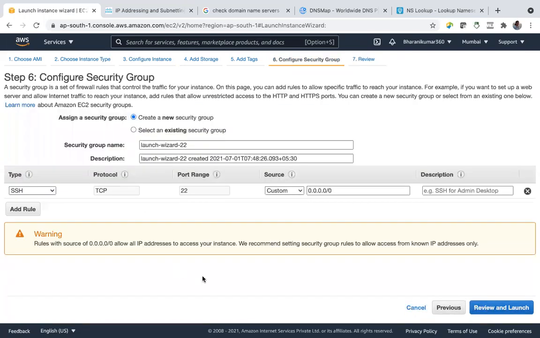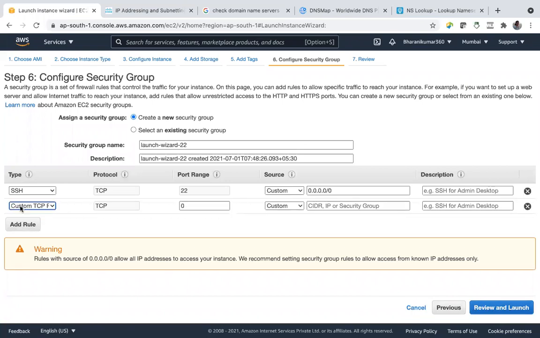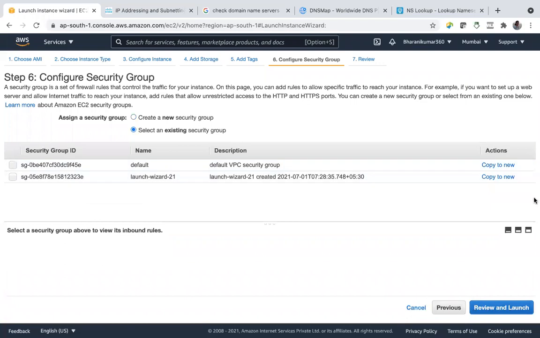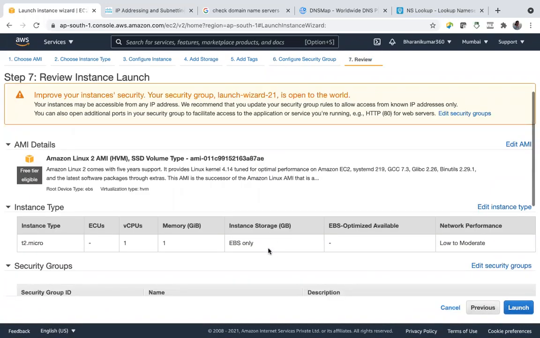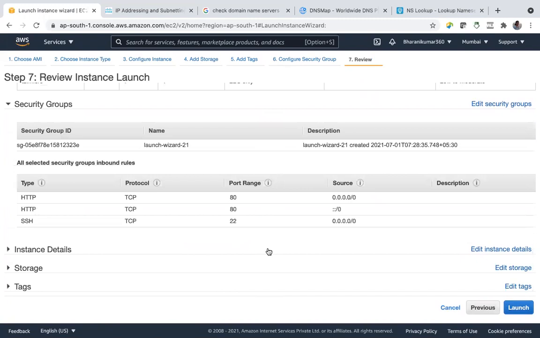Okay, previous, add the HTTP rule or select this one. Even though we don't have the option of routing to the outside internet, we have added the HTTP rule.